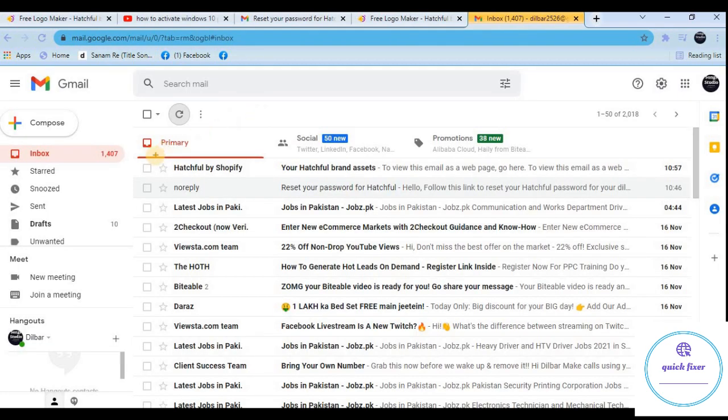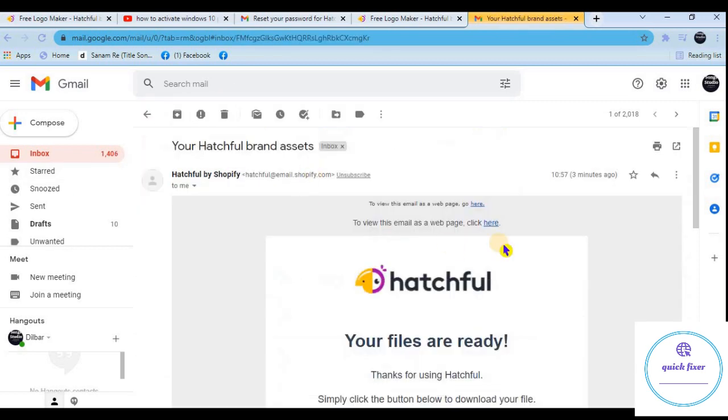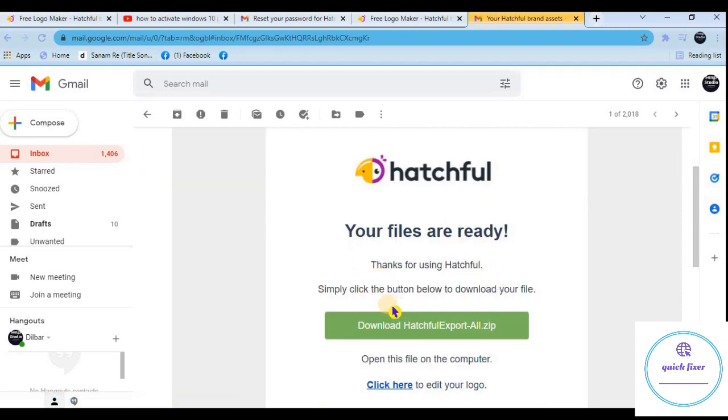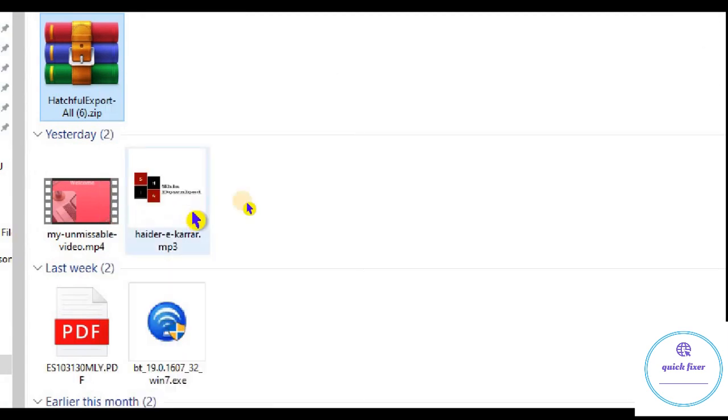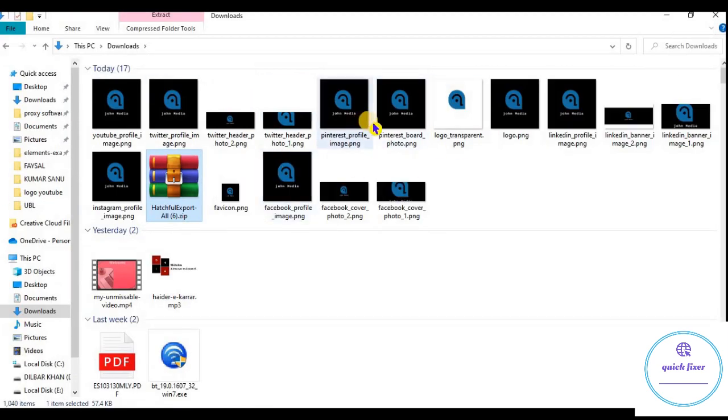Now the logo is downloading. Now open your email inbox. Now you can see that we have created this logo earlier and we have received it from the Hatchful website, but this is a zip file. You have to extract this file and use it wherever you want to use it. Now if you want to use this in your videos,